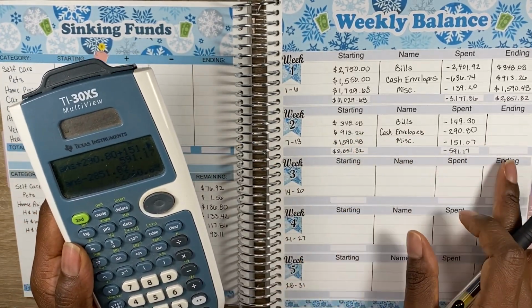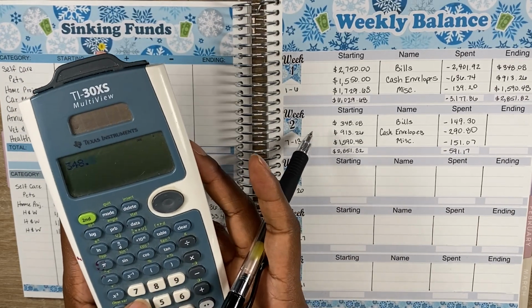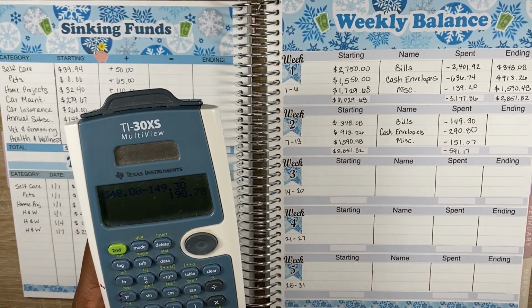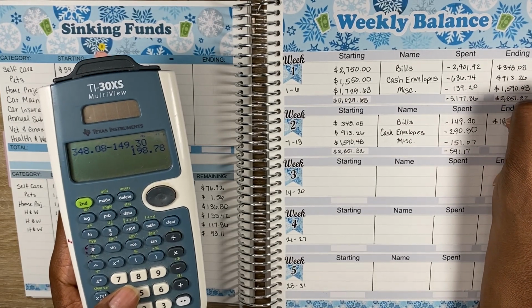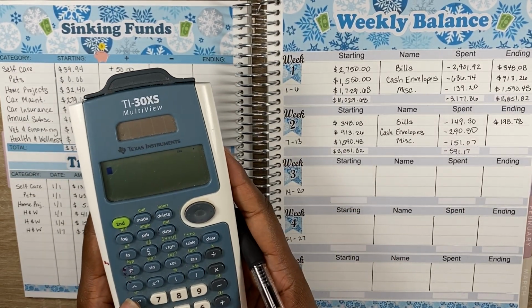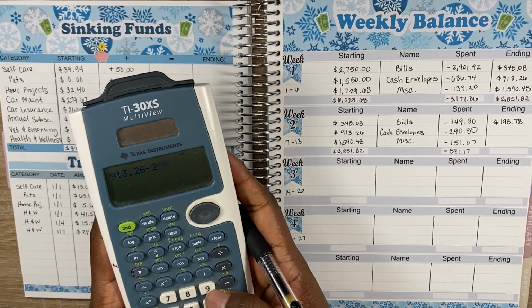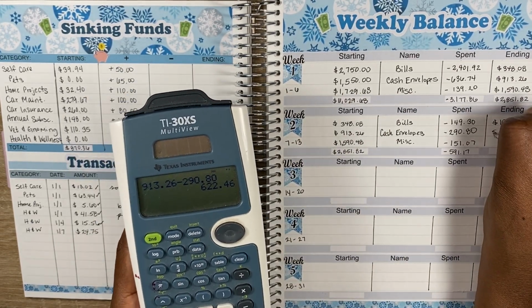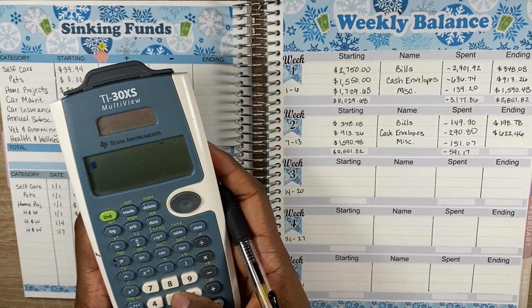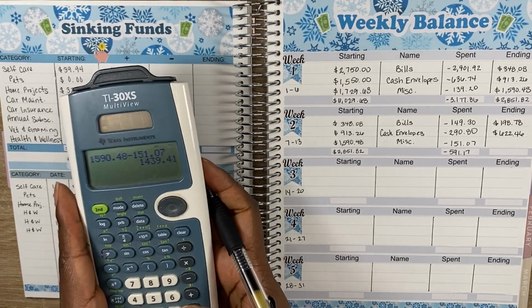But let's just do the math across to make sure we still get the $2,260.65. So for bills for week 2, I started with $348.08 minus the $149.30 gives me a balance of $198.78. All right, and then for cash envelopes, I started off with $913.26 minus $290.80 leaves me with $622.46. And then lastly, for miscellaneous, I started with $1,590.48 minus the $151.07, and that leaves me with